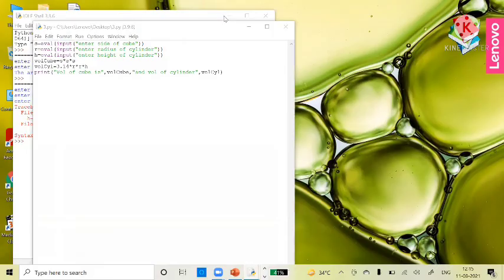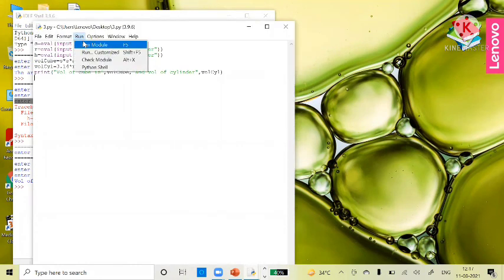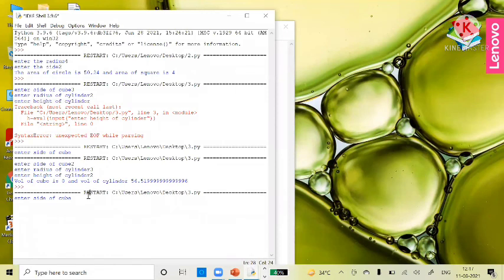There is no issue with this program. The actual problem was that we forgot to mention the height of cylinder. That's why it is asking that you should enter the height. So here I am running it again, and it is giving me the output. So let's run it again. You should be very careful that you're entering all the things. So 2, then we need to enter the radius 3, and then we need to enter the height, suppose 4. So it is giving me the volume of cube is 8 and the volume of cylinder is this after applying the formula.